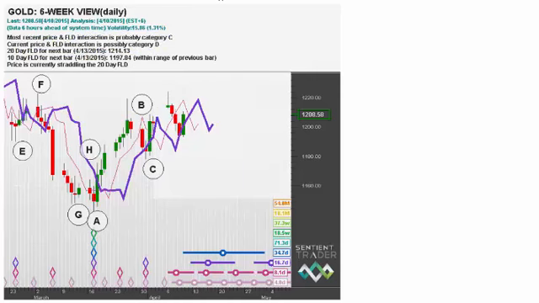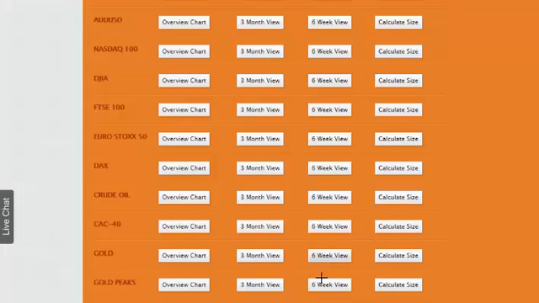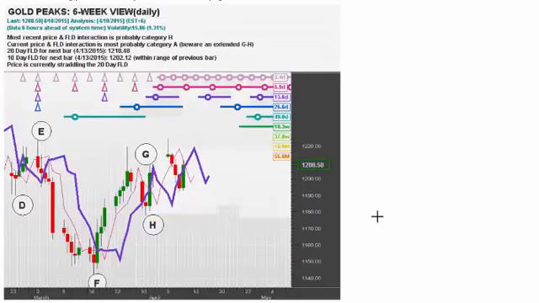We are also considering a peak analysis in gold. Here we go. And you can see the same thing over here. Here's the identification of the interactions. There's the F category interaction, G and H, and here is the nest of highs for the 80-day cycle peak, which looks very much as though it potentially formed